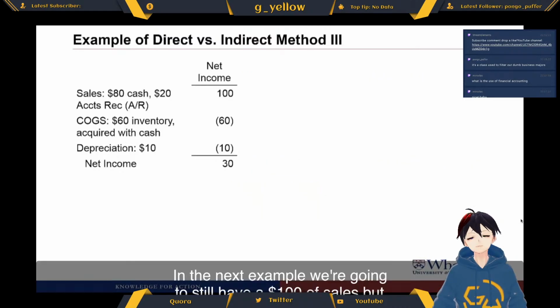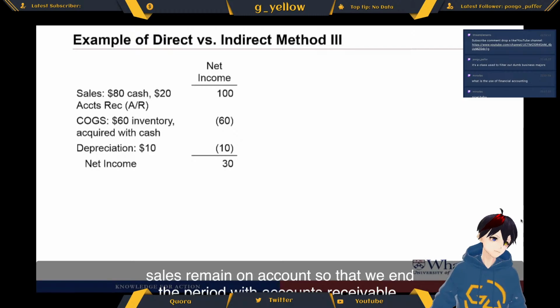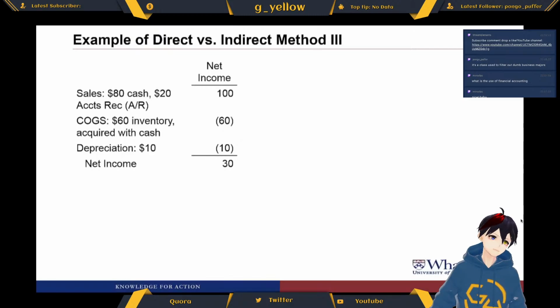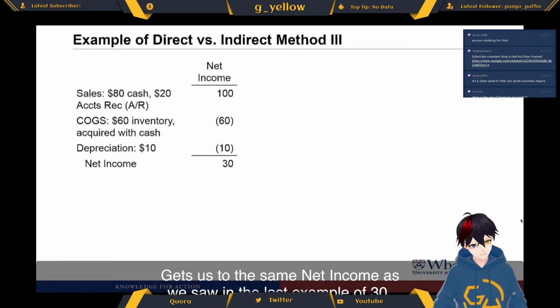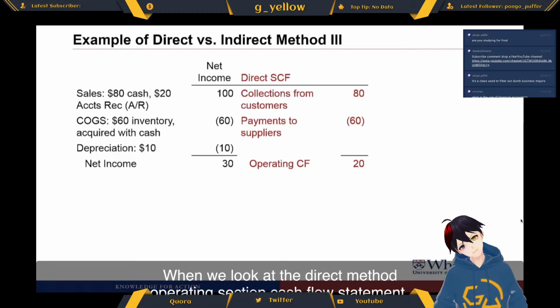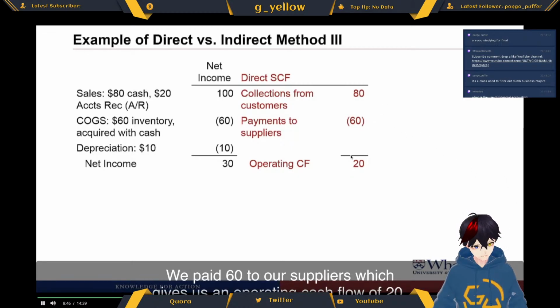In the next example, we're going to still have $100 of sales, but this time, let's assume that only $80 is received in cash. The other $20 of sales are made on account so that we end the period with accounts receivable. We still have $60 of COGS, which is all in cash, and our $10 of depreciation. That gives us the same net income as we saw in the last example, of 30. When we look at the direct method operating section of the cash flow statement, we collected $80 of cash from customers. We paid $60 to our suppliers, which gives us an operating cash